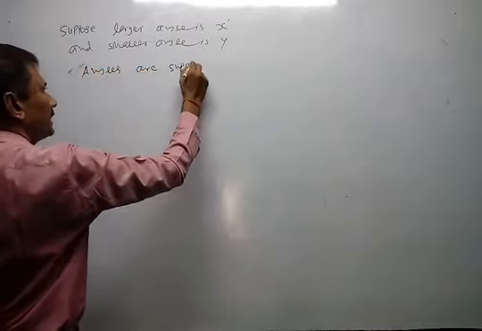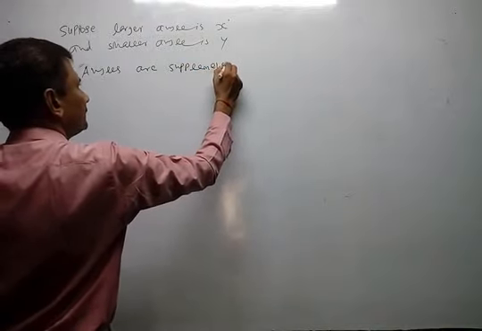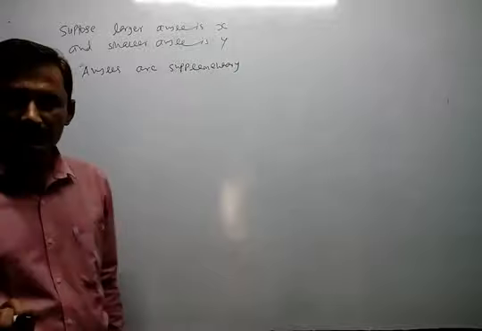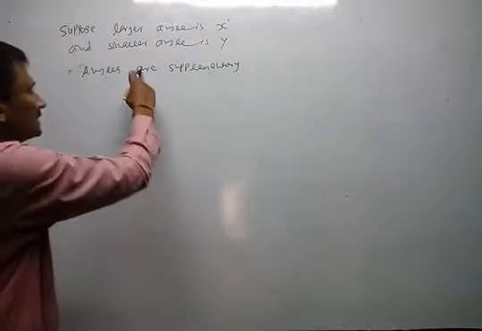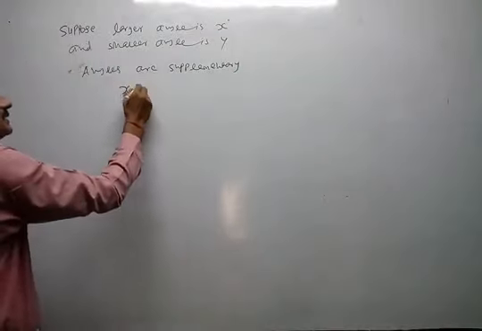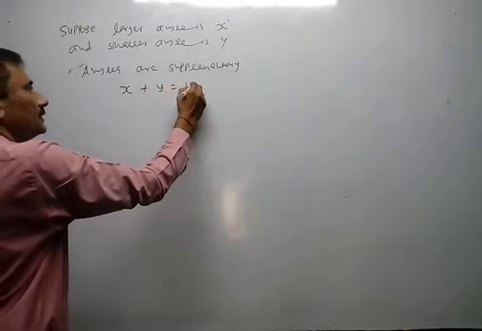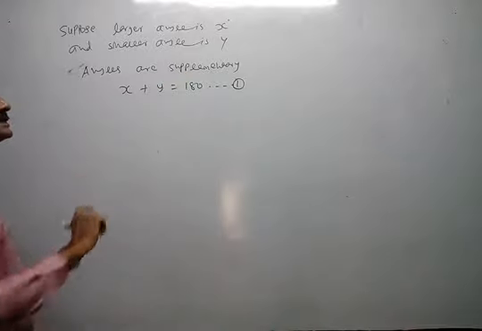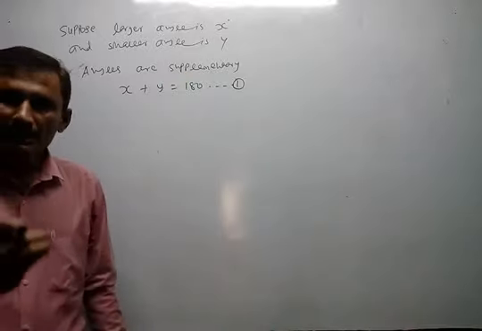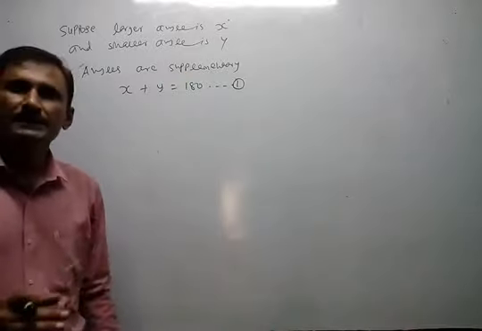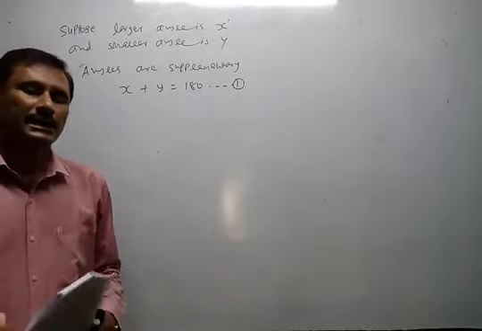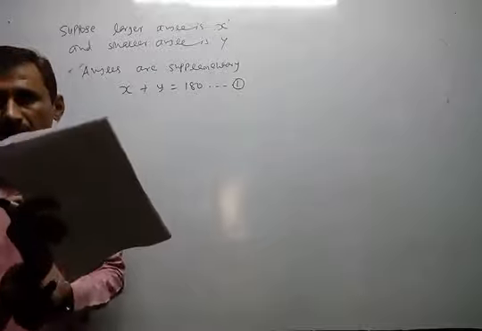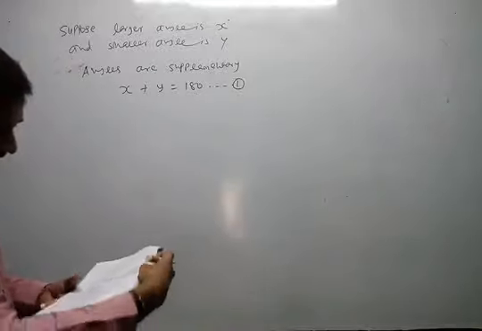From the given statement, write down the required part only, so that by using this you can write equation number 1. So this is our equation number 1. Angles are supplementary, means sum is 180. If angles are complementary, then sum is 90. Now look at the second one.